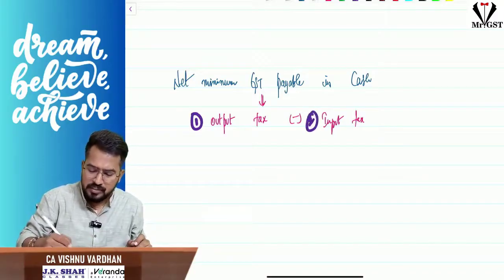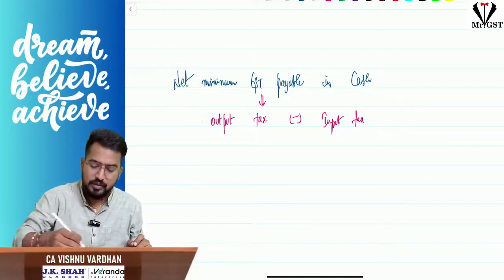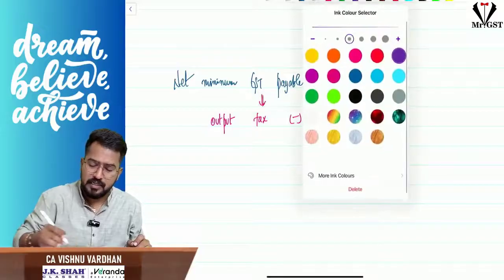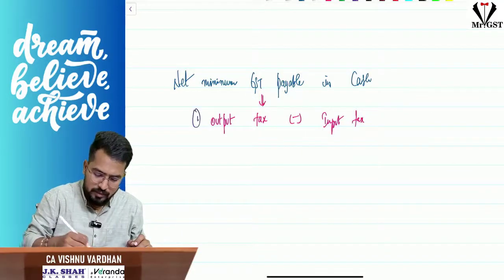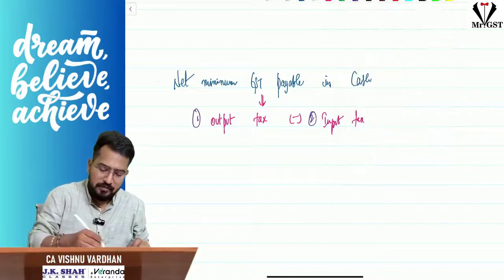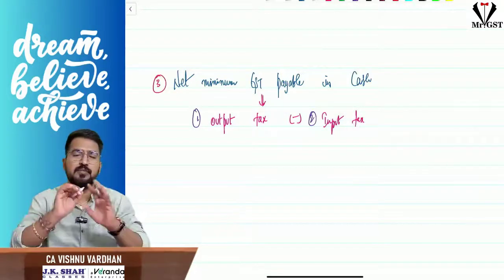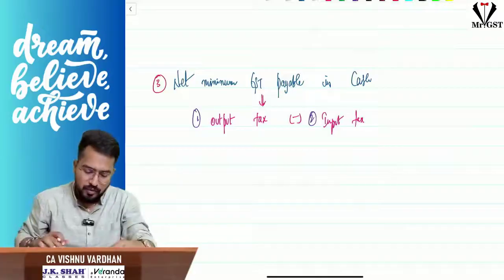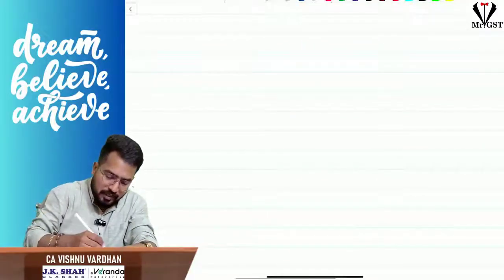Step 2 is calculating input tax. Are you understanding the point? Step 1 is calculating output tax. Step 2 is calculating input tax. And finally, step 3 will be the net minimum GST payable in cash. You will get the answer. So now, when we are going with step 1,